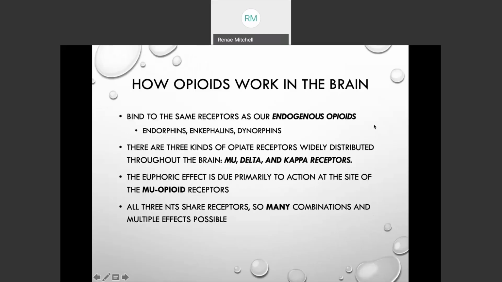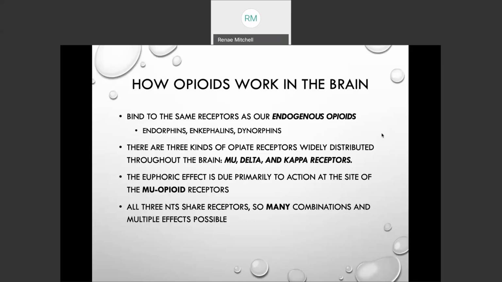So opioids work in the brain by binding to the same receptors as our endogenous opioids. You'll remember maybe from our first mini lecture that in addition to the naturally occurring and synthetic opioids, there are opioids in our bodies already. They are called endorphins, enkephalins, and dynorphins. These endogenous opioids are responsible for a couple of different functions in the body, but one of them is the pain relief